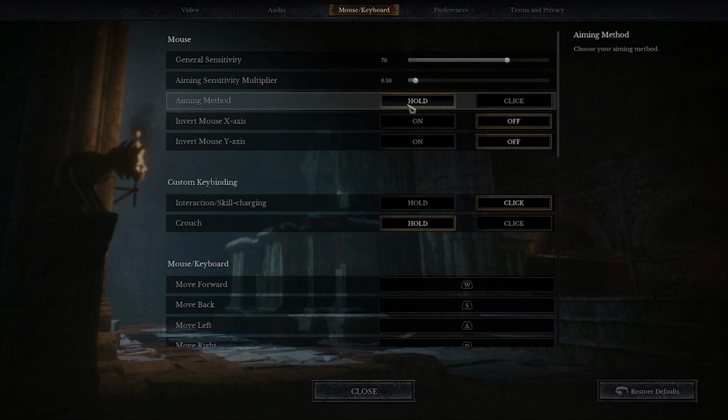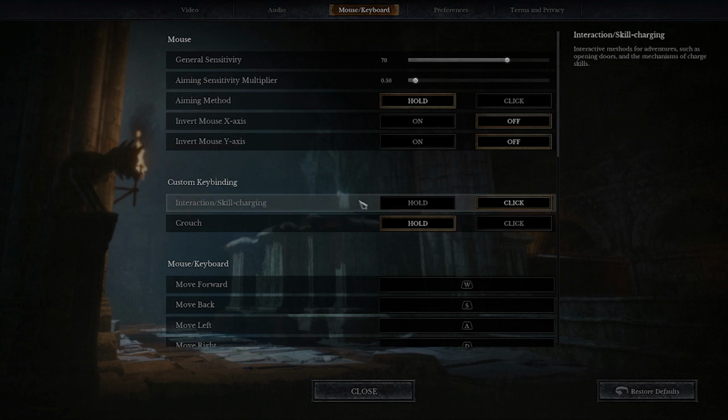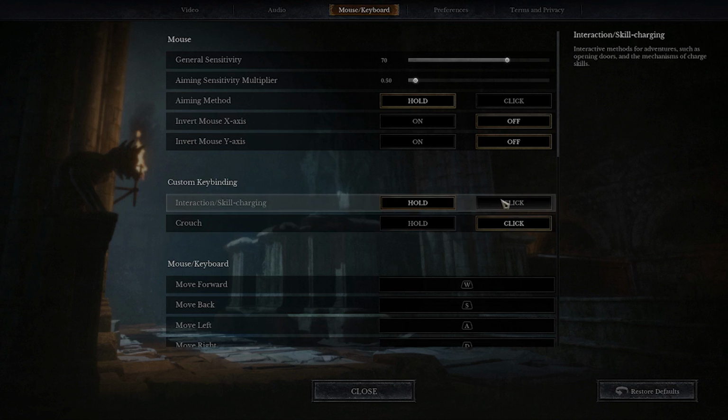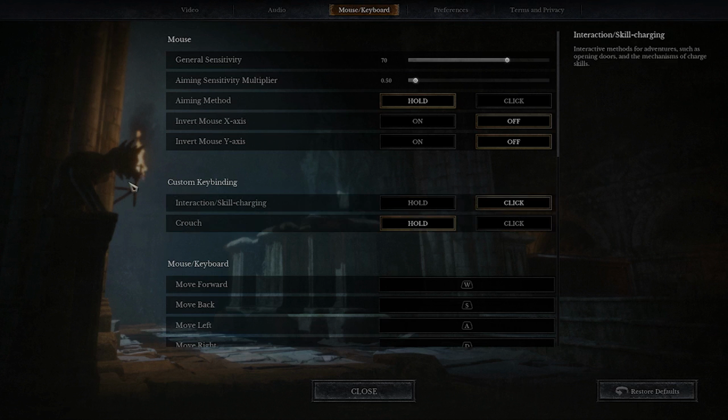Anyway, you can also change the hold and click option for your interaction, skill charging, or crouch. As you can see, I can customize it however I want, although I will leave it at the default